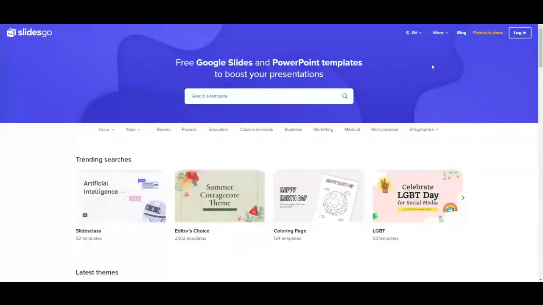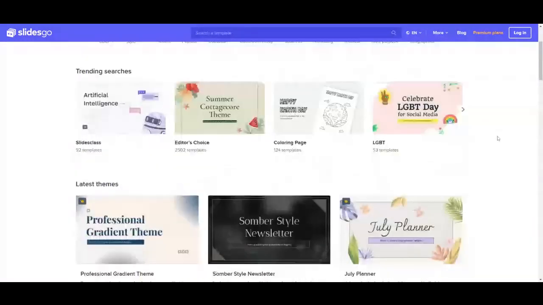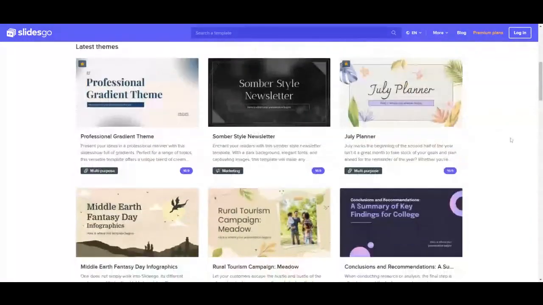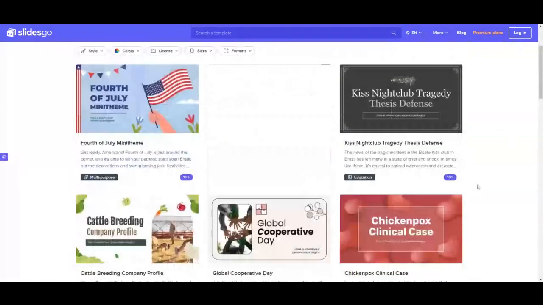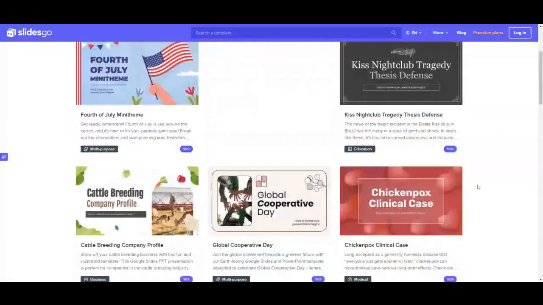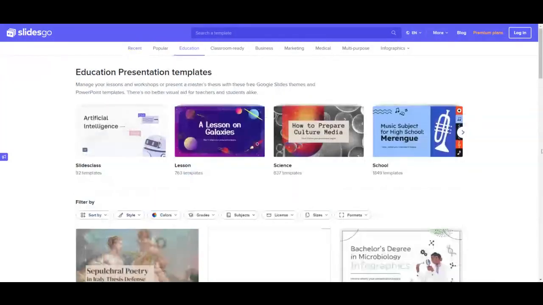A couple of items before we wrap up in terms of interactivity, and we are first going to go to Slides Go. Reminding you that on this website, if you want to download any of these templates into Google Slides or Microsoft PowerPoint, you're more than welcome to. You'll remember that the presentation from Essence on the glass frame souvenir looked very similar to what you would have in the education category. So just remember, Slides Go.